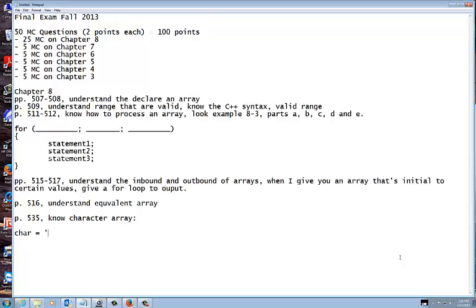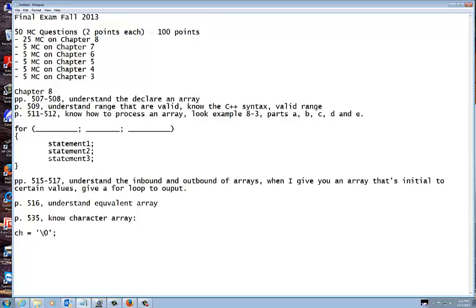So it stores what's called a null character in the char ch. If ch is a char, in this case I'm storing it as a null character, and I'd like you to know that I'm going to ask you that on the exam. One of the things I want to talk to you about next is